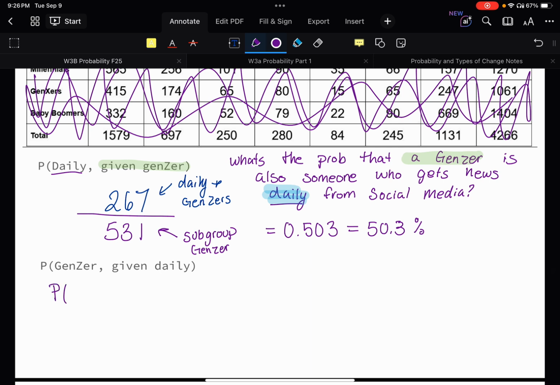So, all right. Now, if we flip that around, just talking about notation, if I were to draw this with the little line, it would be probability Gen Zer with the line daily. That's what it would look like. I like to show you the different ways to write this in words. What's the probability